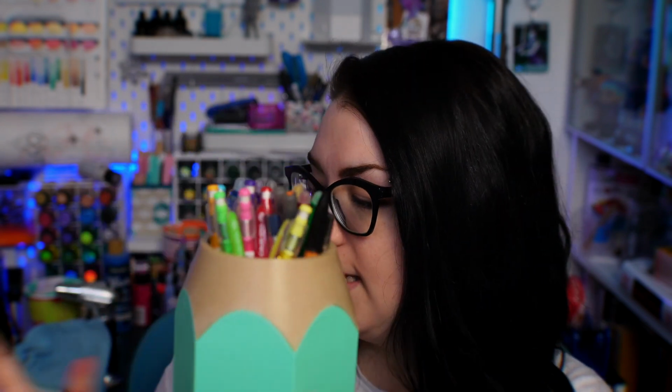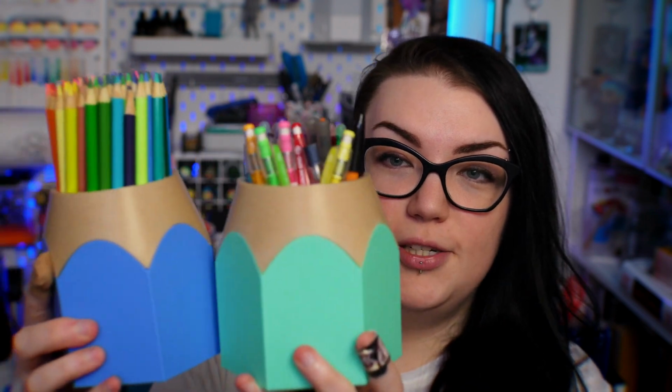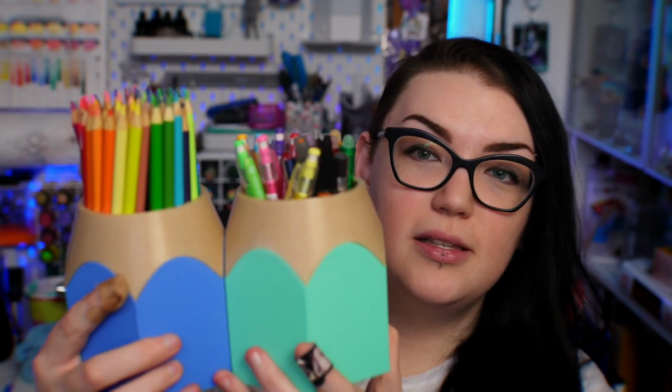I have, what do I have? Okay. So obviously I have shown you this one already, this nice sky blue color. I also have an actual final version of the mint, and this one I put various pens in so you can see that it does work for a bunch of different stuff. The pencils are a bit taller than the pens, but this has some mechanical pencils, some generic ballpoint pens that I had around,